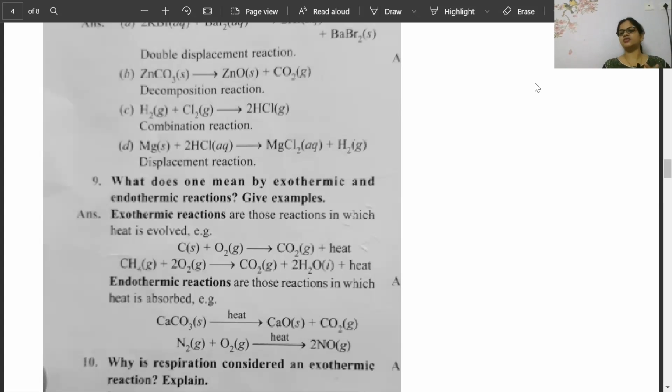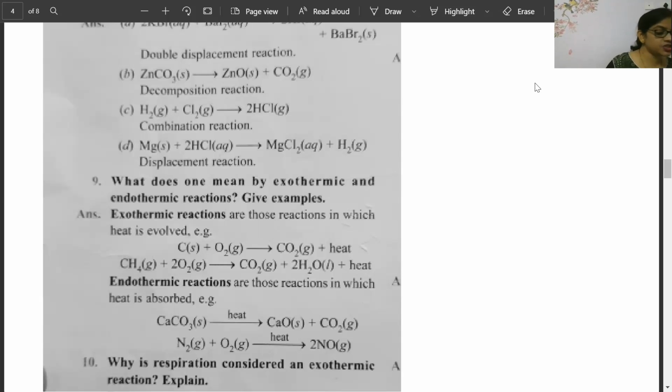Kirti says exothermic reactions are reactions in which heat is released. It is a process in which energy is released in the form of heat. Respiration is considered as exothermic reaction because energy is released in this process. Glucose combines with oxygen present in our cells to form carbon dioxide and water along with energy. Very good. Well done. Kritika is telling, respiration is considered as exothermic reaction because energy is released in the process. Anila says energy is released in the form of heat during respiration.